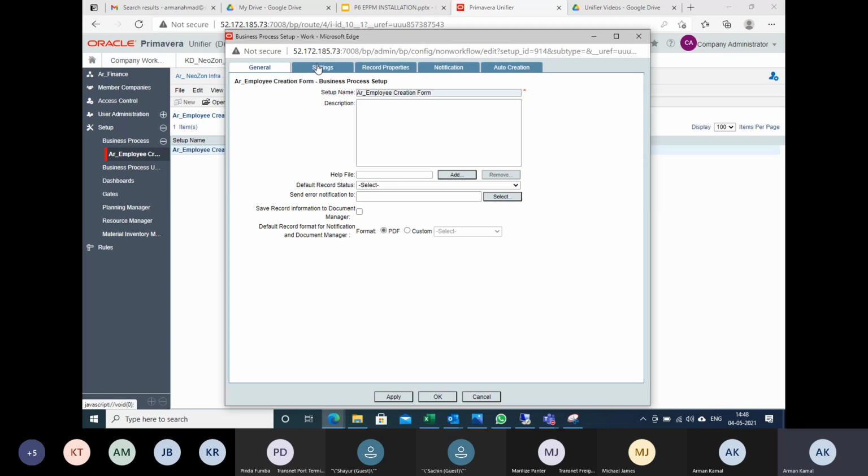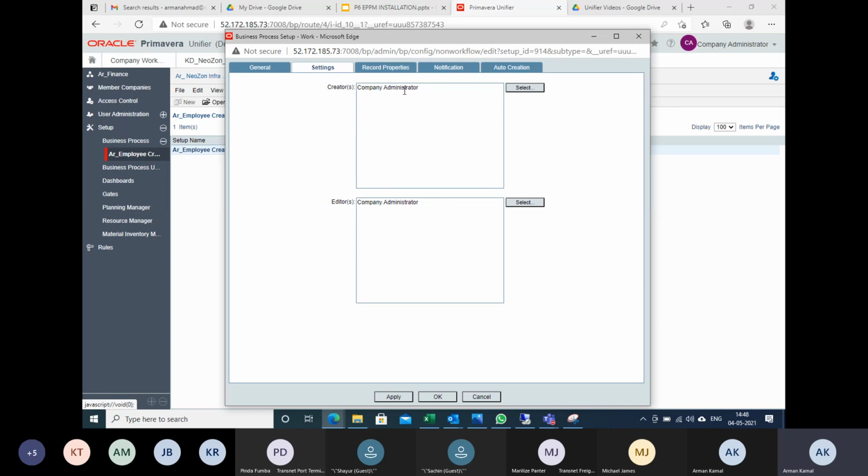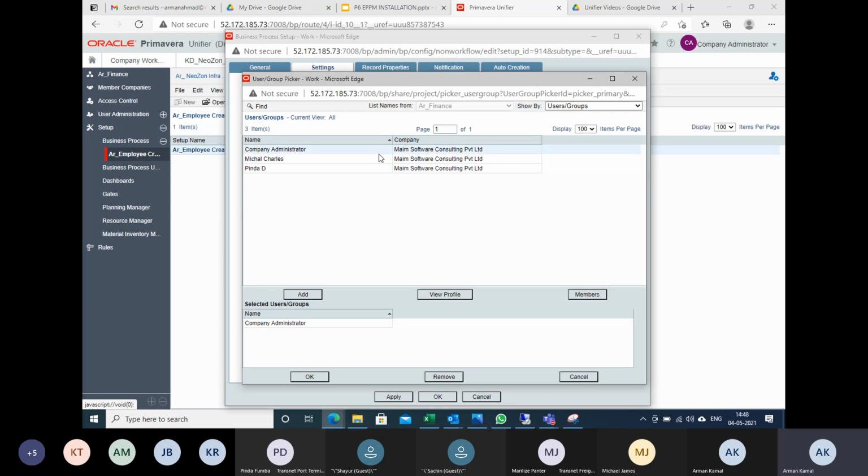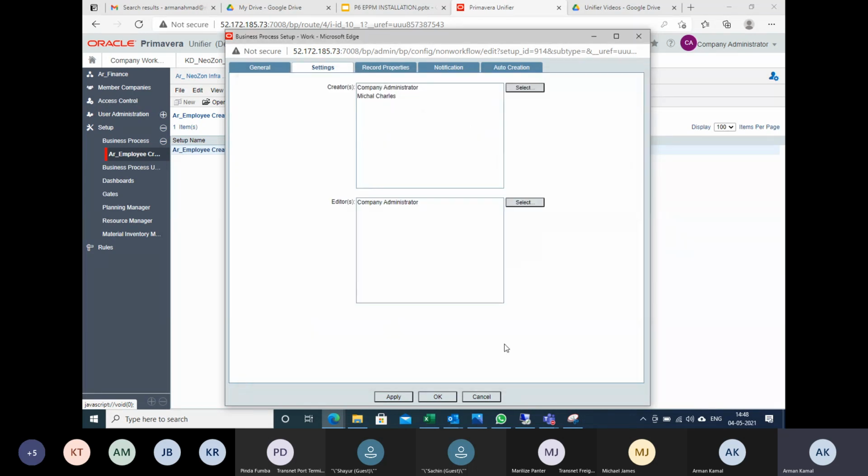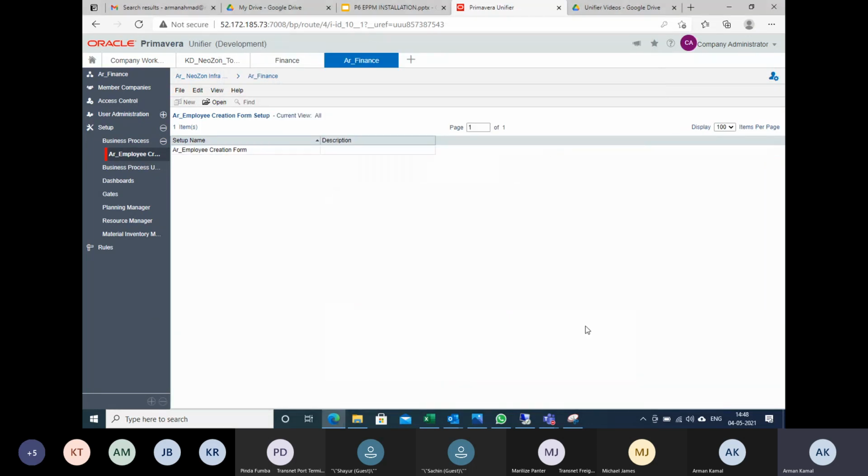Now here, I need to go to the settings. I can see only one user is having access. So I will provide this access to Michael Charles also. I will not provide this to Pinda because she doesn't have that authority. I will click OK. Now I will click this OK. So automatically he got the access.